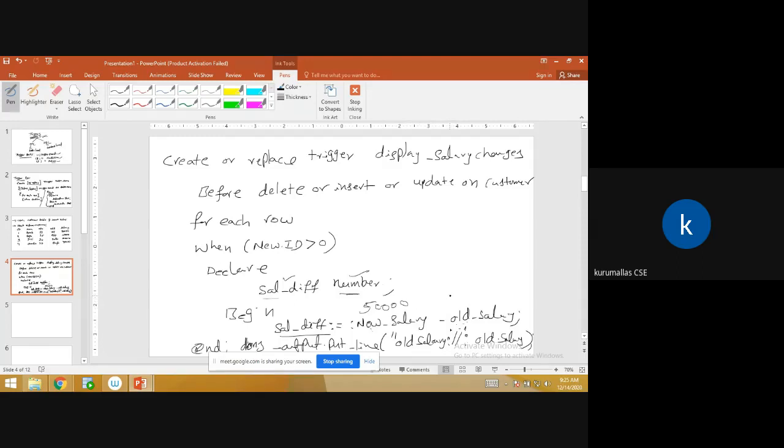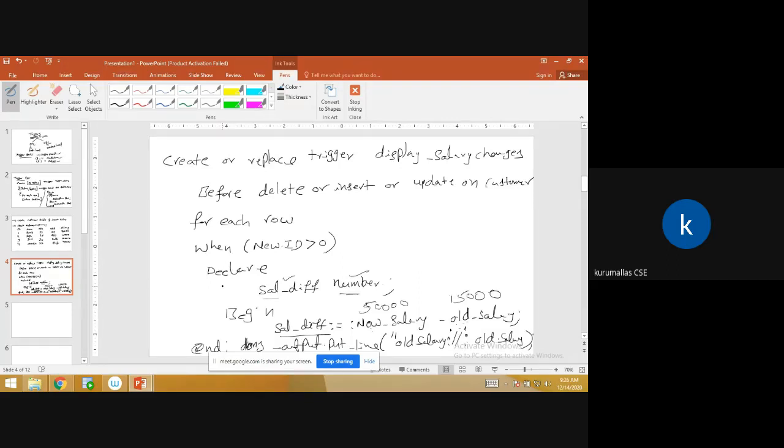So old value, respective to some 15,000 is there. Okay, so if you print this one first, old value will be printed 15,000, the new value will be printed 50,000. Next, after that, if you want to print a salary difference, so dbms underscore output dot put underscore line, within that, if you write like this, sal difference colon double quotation close comma salary difference, so we can get the difference between these two. The difference between these two is 35,000, right? This is about how to write the trigger for the result.